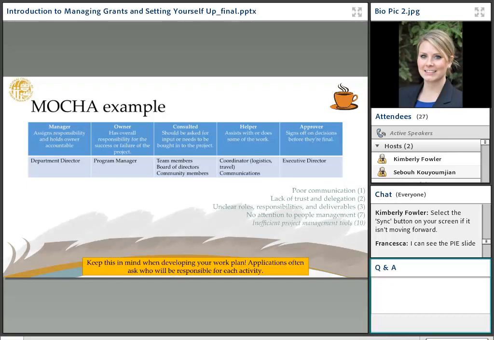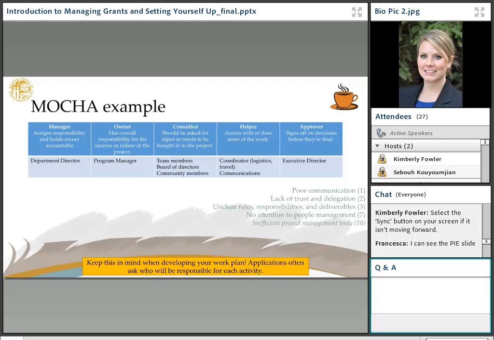You've received the funding and maybe you're a month behind on the project already, just because, unfortunately, award letters get late and some miscommunication happens. And so I think, again, keeping this in mind when you're developing the application itself is a huge help. And this really helps with poor communication, lack of trust, and delegation. Of course, a big one, because this is delegating and supporting that delegation process.